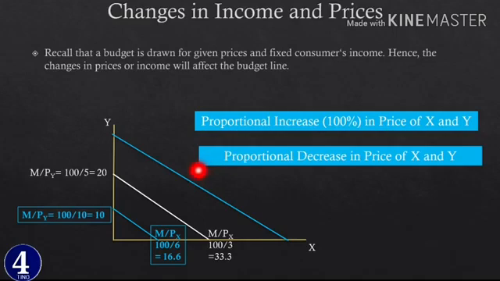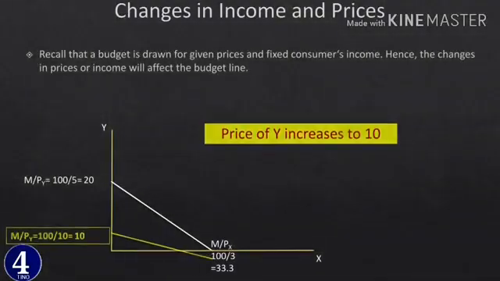ነው የሚሆነው ሚለውን በዚህኛው ላይን እናያለን ማለት ነው። ስለዚህ when a proportional decrease in both price of x and y happens, this curve will shift outward, ሺፍት ያደርጋል and the amount of y that we can purchase and the amount of x that we can purchase ይጨምራል የሚል ኮንክሉዥንም እንወስድበታለን ማለት ነው።